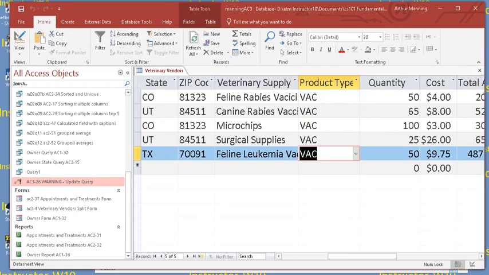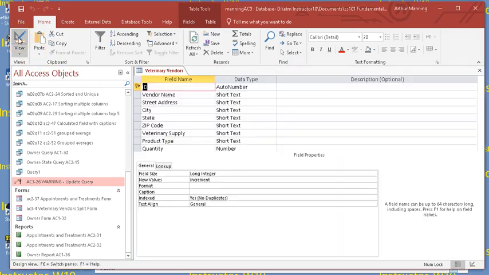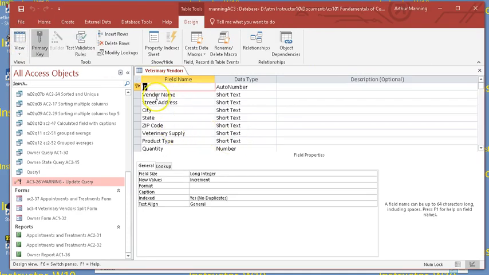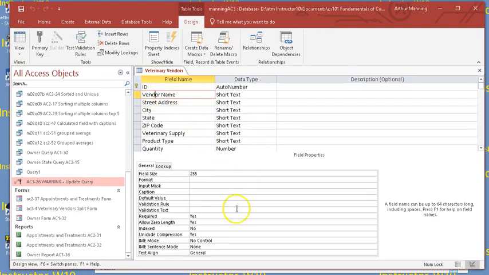Next thing we're going to do is now we're doing the validation rules. Now we're ready to do some validation rules. We already have specified the veterinary name as required. So let's go back to our veterinary vendors table, design. We can see that vendor name has been changed to required. We also want to